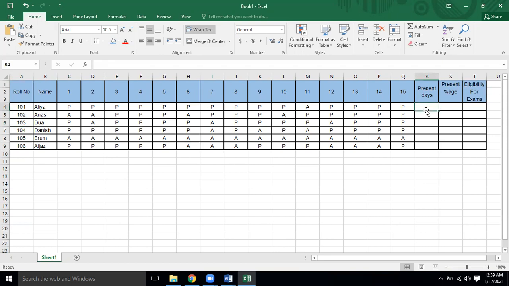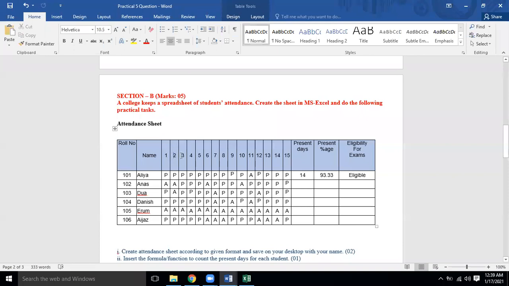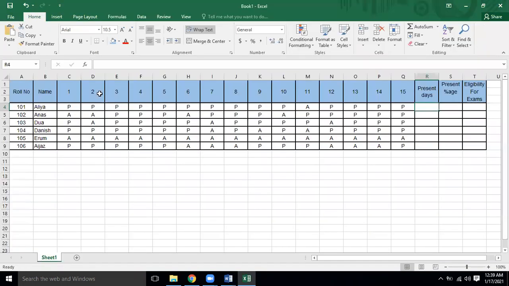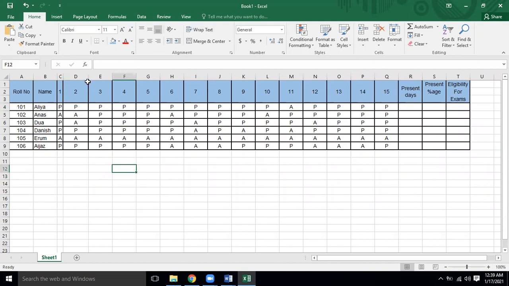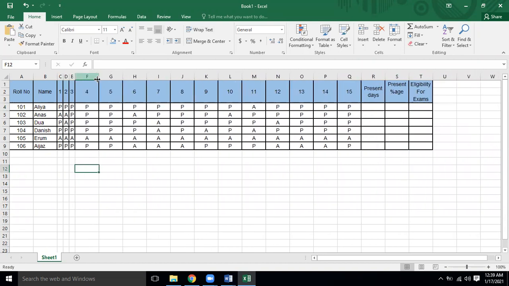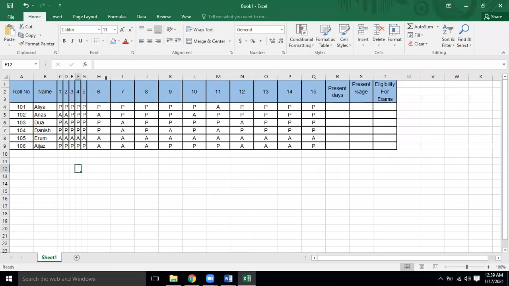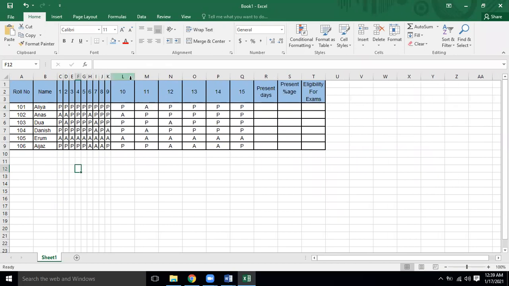Okay. If over here the formatting is something like that, and you want to make the 15 attendance columns small, how can we do this? Just double click on each column. It will be resized and adjusted according to the size of the text.